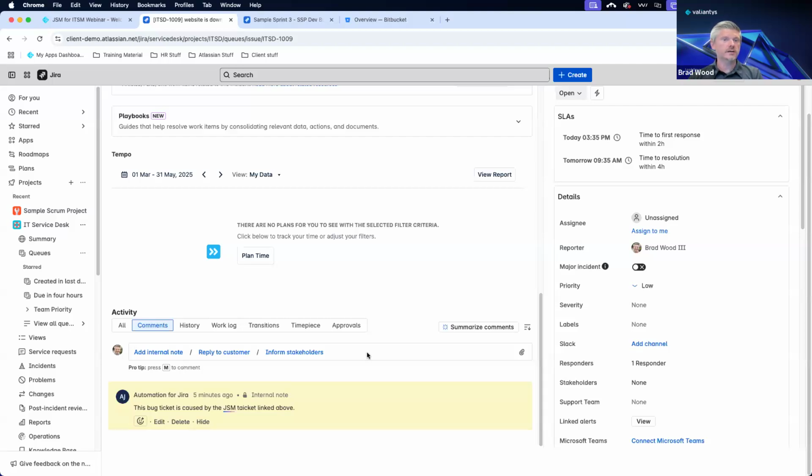And using this function is going to send an email to both when you do the inform stakeholders function here, it'll send an email to the agents working the ticket, as well as anyone who has been added to that stakeholder list. Over on the right-hand side, I won't go through all these fields, but one in particular, the major